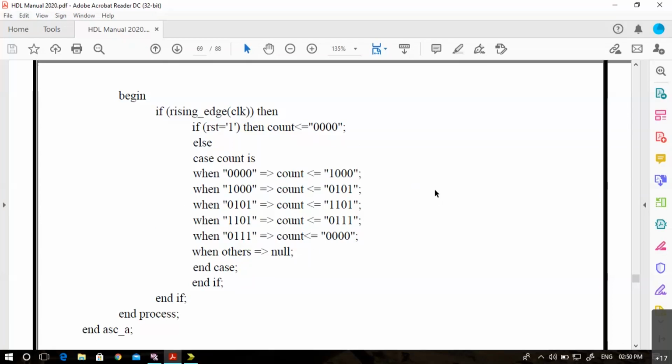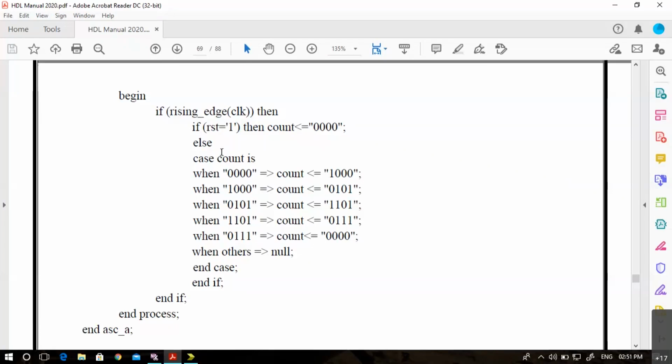If at all you want to have some other combination instead of 0, what can you do? You can simply add one more assignment statement here, where you give the first count value. Then keep on giving that value here, instead of 0, 0, 0, 0, give that value which you have assigned to the signal count. So it is not necessary that your sequence should contain 0 also. It can contain any other number. Here in our case, it is only 4-bit. So it can go from 0 till 15. In the hexadecimal case, it can go from 0 till F.